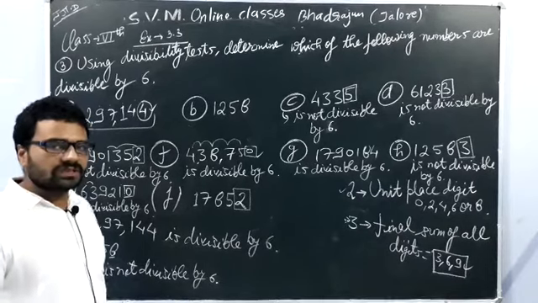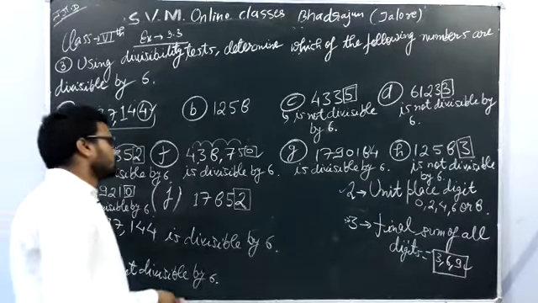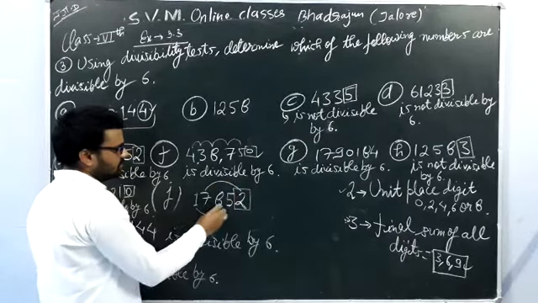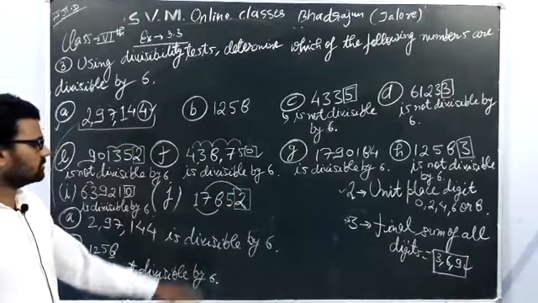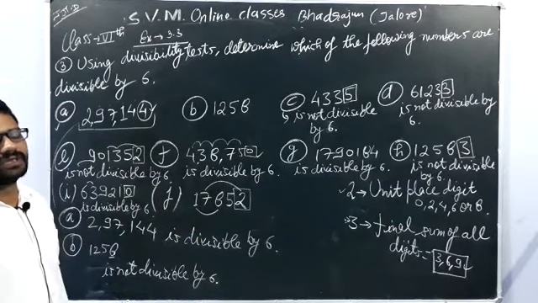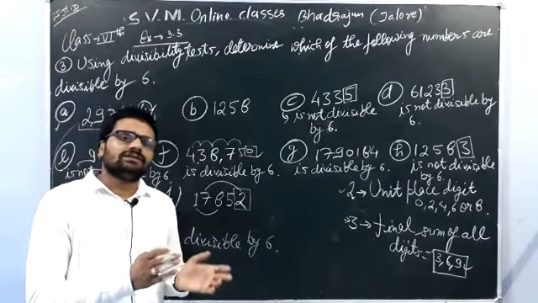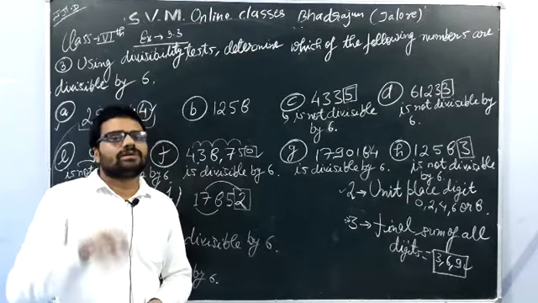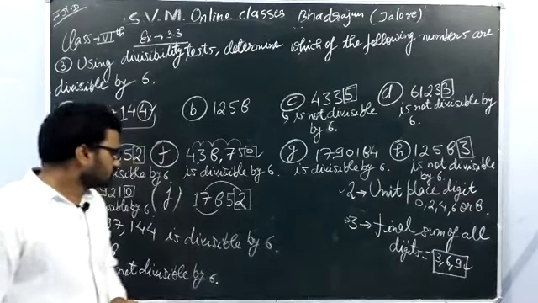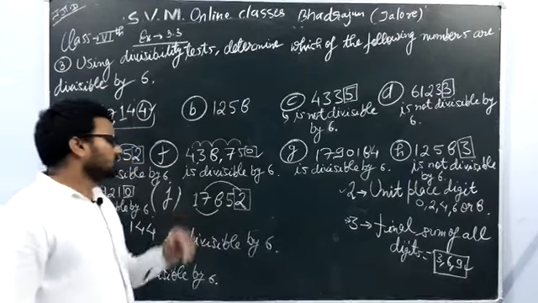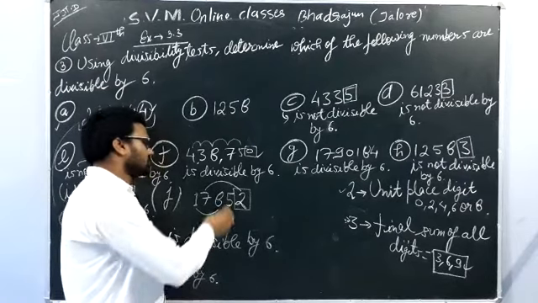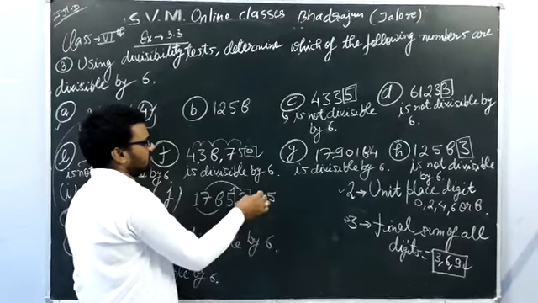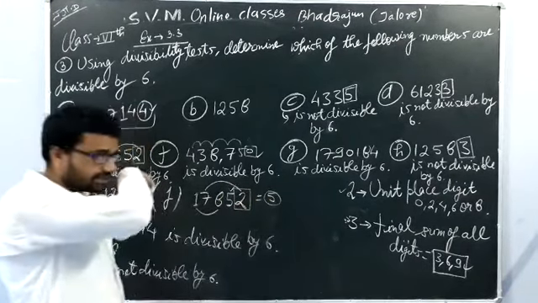Now we will go for checking whether the number is divisible by 3 or not. So here we are seeing 7 plus 2 is 9, 8 plus 1 is again 9. Okay, we will leave these two, because when we add 9 to any number, it adds up to the digital root of that number. So the final sum of all these digits will be 5. So here our final sum is 5, hence the number is not divisible by 3.